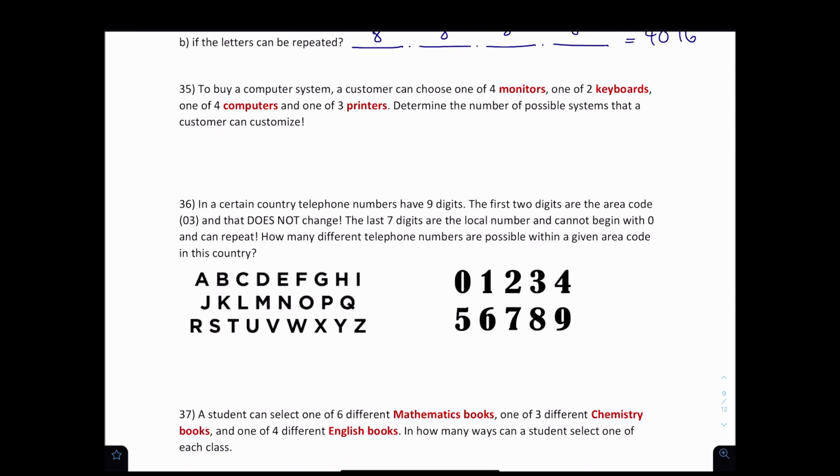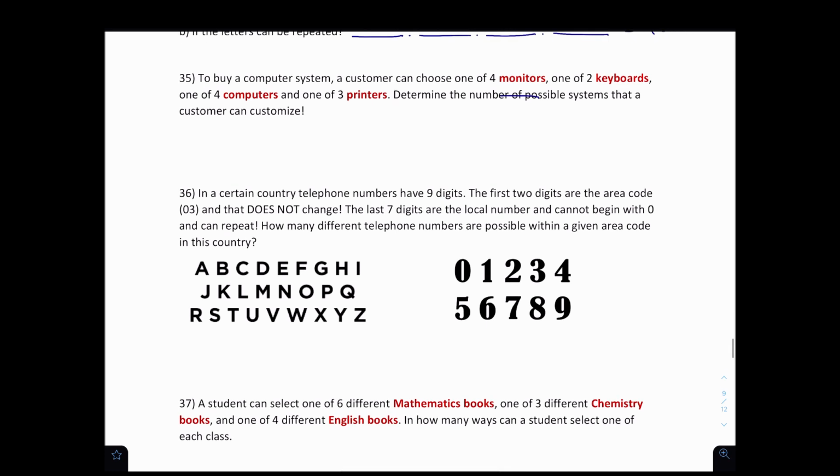Let's move on to number 35. To buy a computer system, a customer could choose one of 4 monitors, one of 2 keyboards, one of 4 computers, and one of 3 printers. What are the total number of different systems they could put together? Well, again, first and foremost, let's look for the number of positions. And the number of positions are monitors, keyboards,